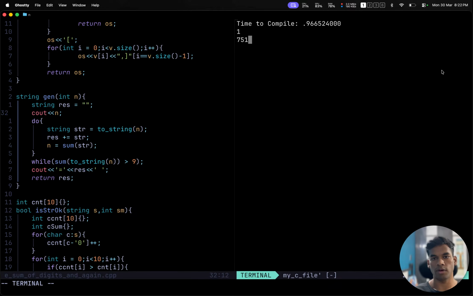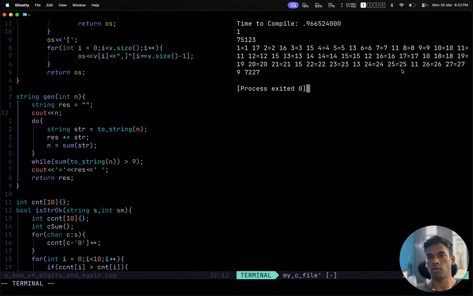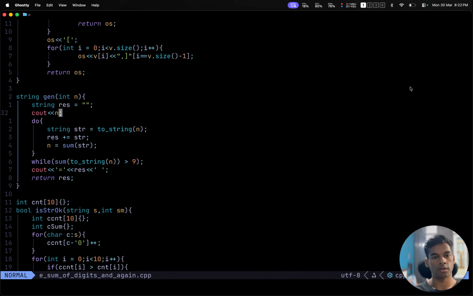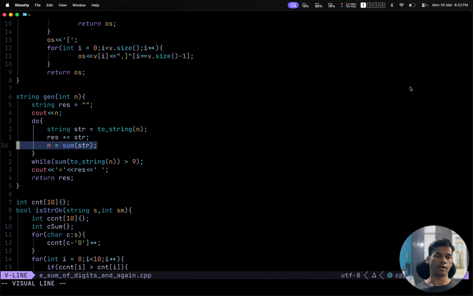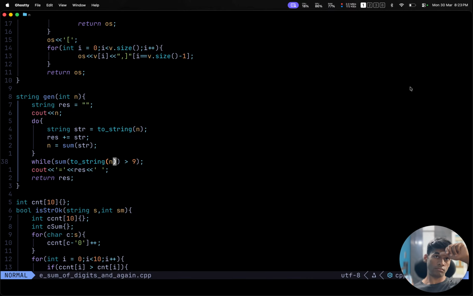In this case, 75, 12, 3. Okay, yes. 10 should give 101, not this. Let's say n is 10, we add 10, right? And we get 1, which is wrong, and 11 we would get